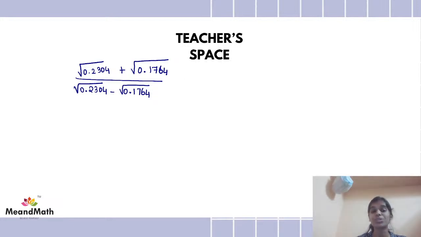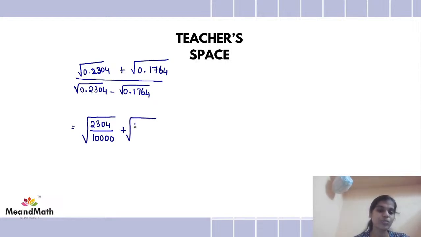First, my biggest problem is to rewrite this in decimals. I can rewrite the decimal into fractions. As I said, I gave you the easiest method. So, square root of 2304 divided by 1234. There are 4 numbers after the decimal point, so I am adding 4 zeros to the denominator. Plus square root of 1764 divided by 1234, divided by the square root of the same value